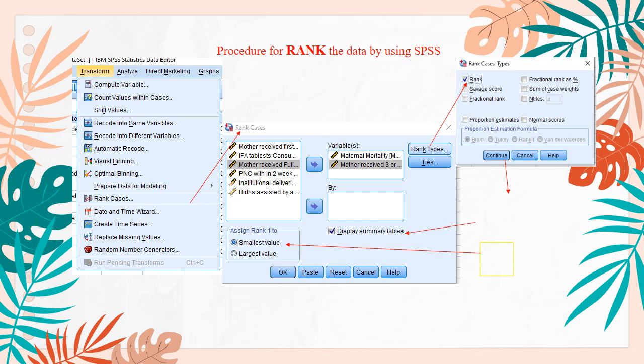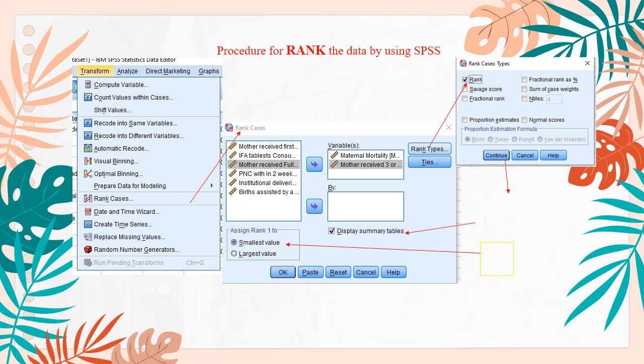From Rank Cases, it will go to a submenu. In that you will find on the left side all the variables which you want to rank, which have already been given as measurable values or ordinal variables. Bring back to the right side whichever variable you want to rank, then go to the submenu Rank and say Continue.